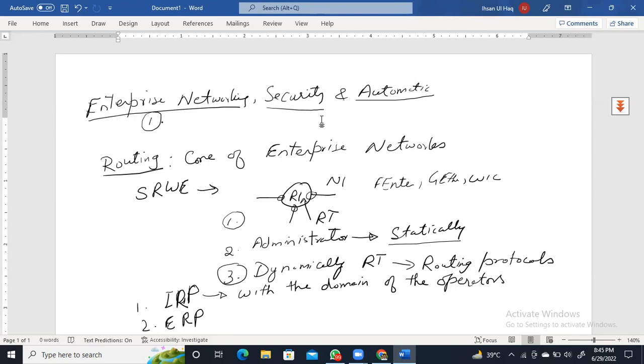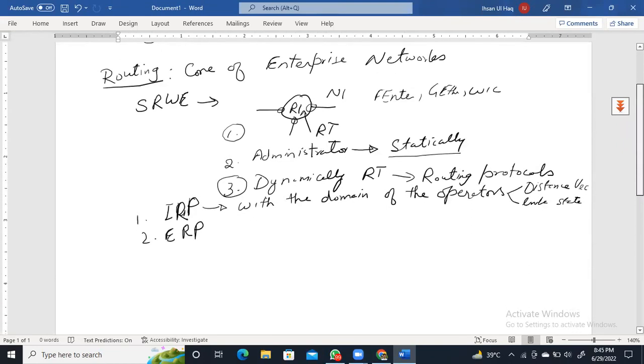Now, interior routing protocols examples can be of 2 types. One is the distance vector routing protocols, and the other one is link state. In the distance vector routing protocol,